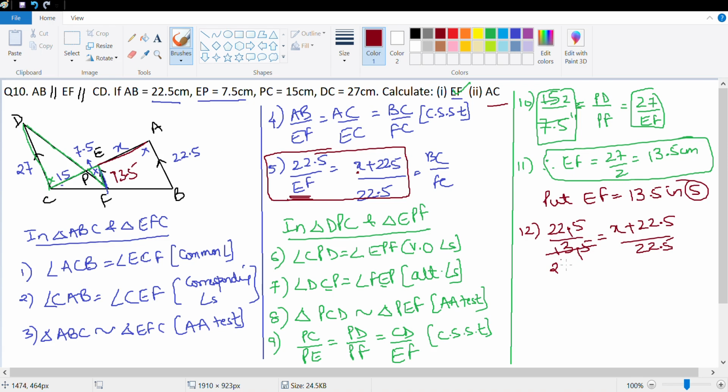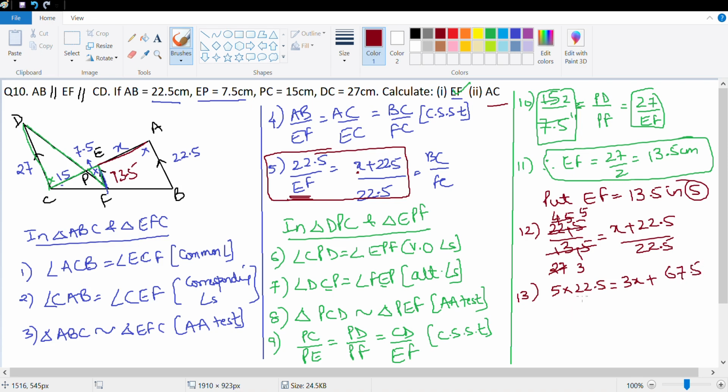5 into 2, 10. That's 27. And this is 5 into 4, and that's 45. This is 9 into 3, and this is 9 into 5. What I get is 5 into 22.5 is equal to 3x plus 3 into 22.5, that's 66 and 1.5, that's 67.5,